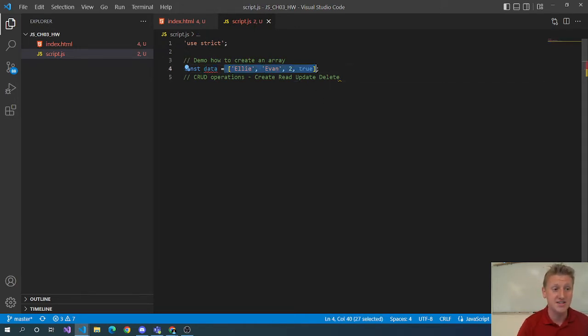The magic is in the brackets. And so what we have here is 4 pieces of information. It's not really relevant information, but we have 4 pieces of data that we're storing. And so, now the benefit, instead of having 4 different variables to store our info, we've got 1 variable that stores a lot of information. And so, you think about a lot of apps, a lot of apps have a lot of data. And so to be able to store a lot of data in a single container, that's really the benefit of